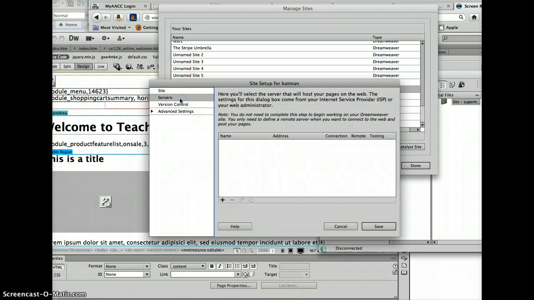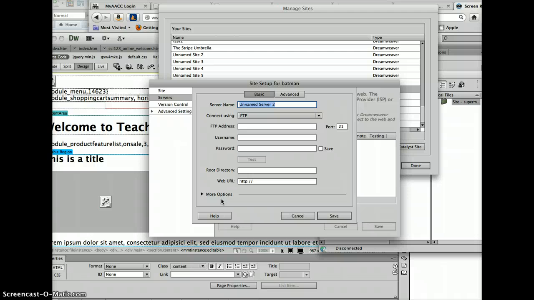Then, very important, you click on Server. This is where you feed in the information that we've given you. Any organization you work for is going to require you to have a set of server information, a username, and a password. So here's where you're going to log in all that information. So I click on the plus sign, and then I decide what I want to call my server. I can call it CSI 128 underscore fall